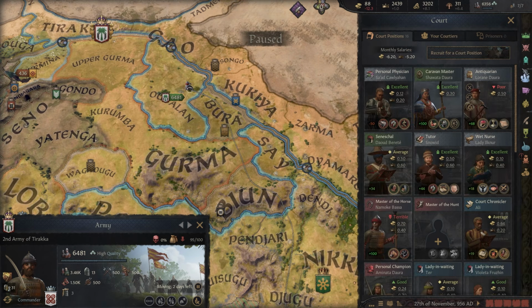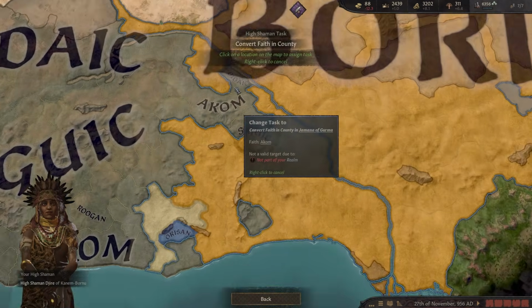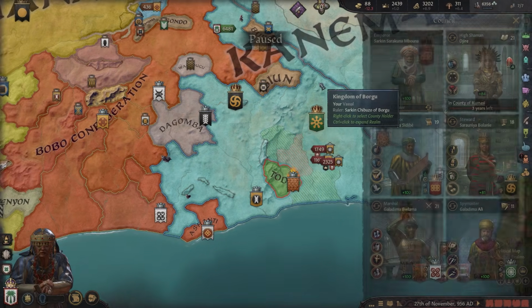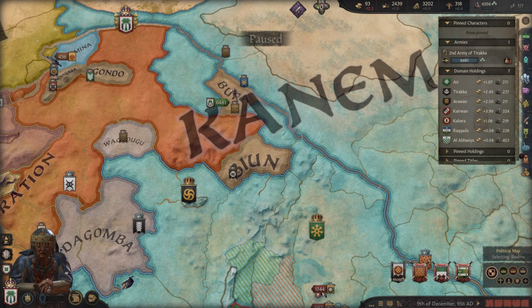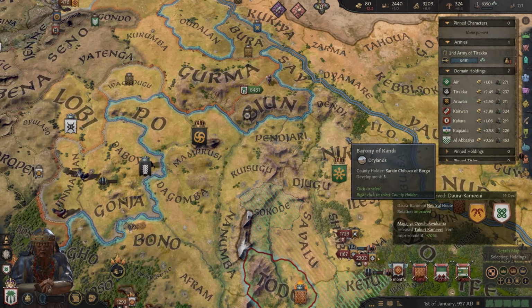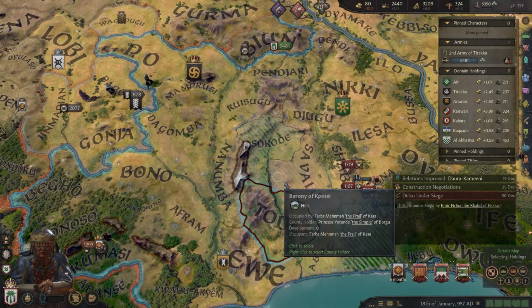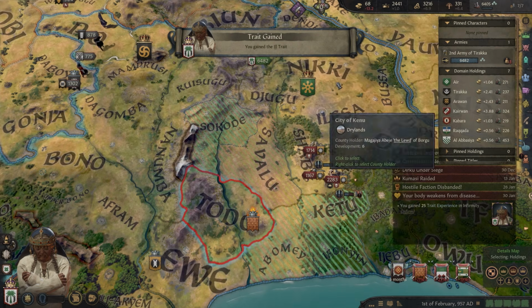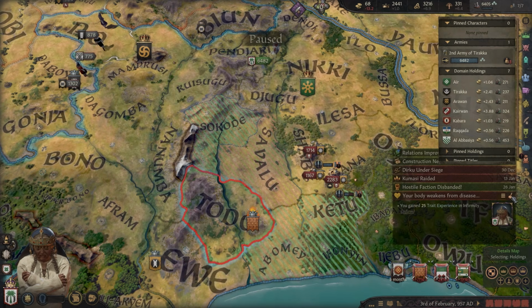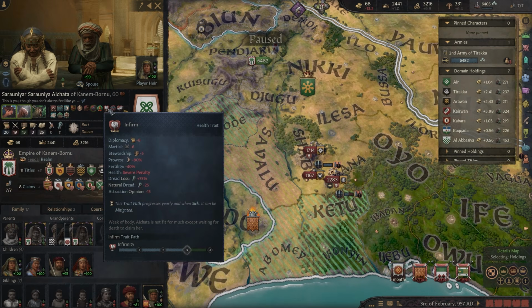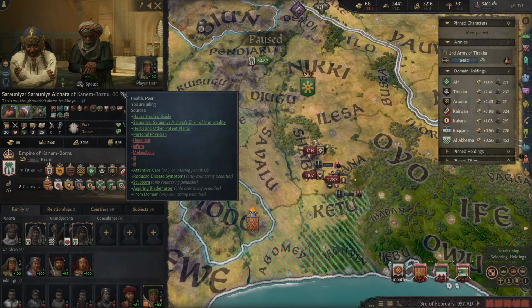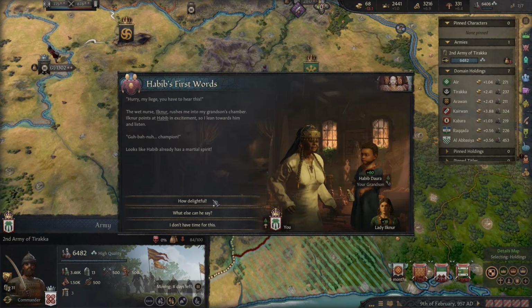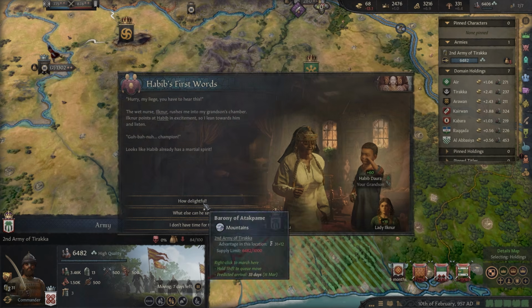Right, we've converted the faith somewhere. Next place. Go convert the faith there. Wonderful. Right. Head down this way. Straight down here. I'm ill. Do no more than is necessary. I feel better. Right, good. I gained some more infirmity, which isn't good. I have a severe penalty. I'm going to die soon. Okay, well, that's really not ideal.